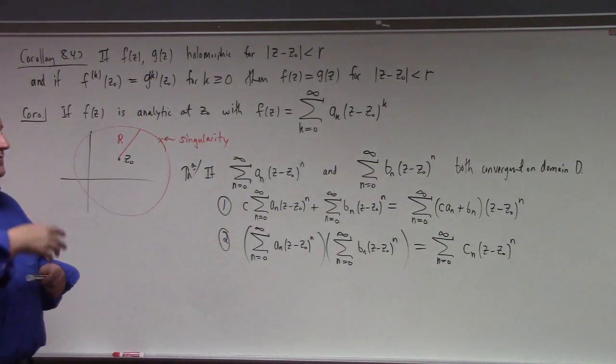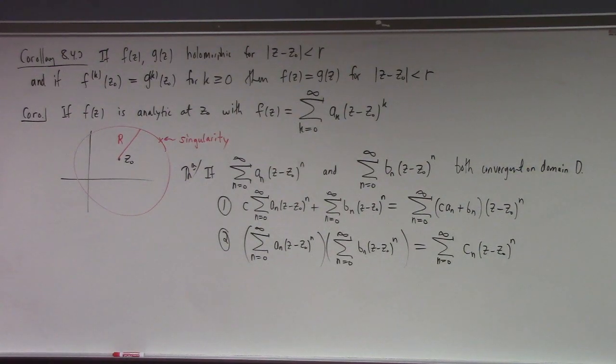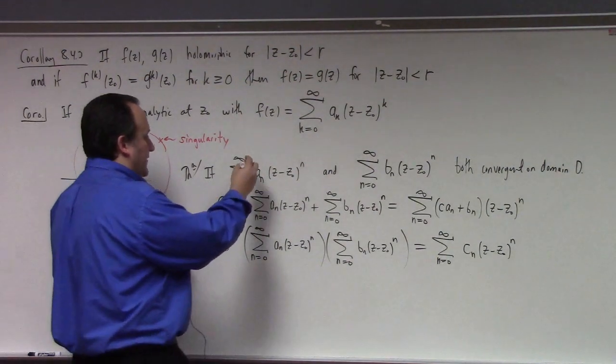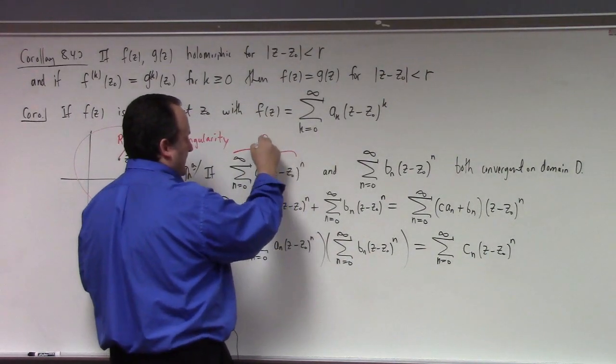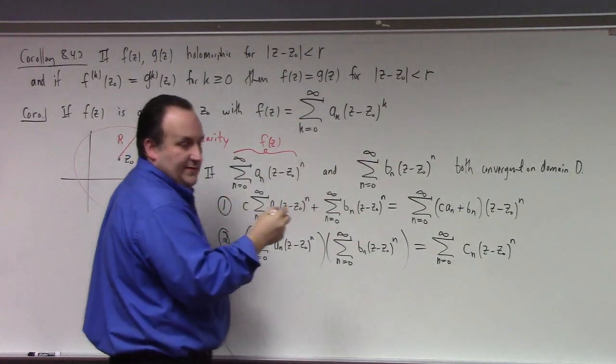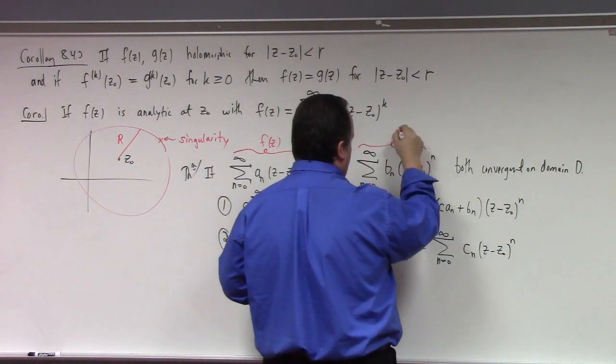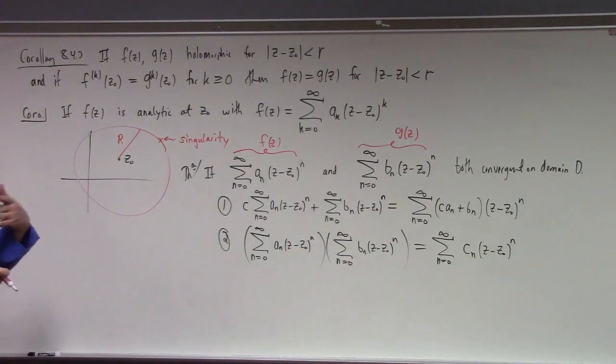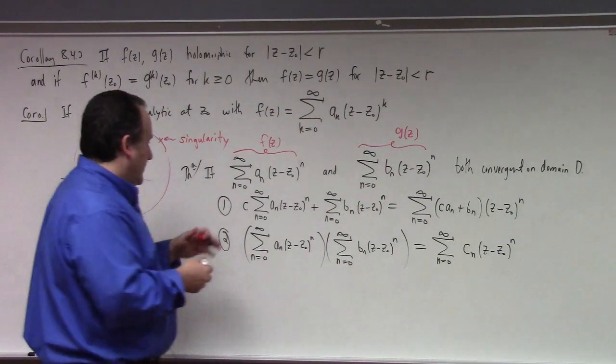And how can I prove these assertions, that the sum of power series is again a power series which is convergent? The proofs are really easy in light of the theory that we have. Because what I can do is say, okay, I've got this function here, f of z, and this function over here, g of z. They're holomorphic on the domain D, right? So that means that I can form, for number one,